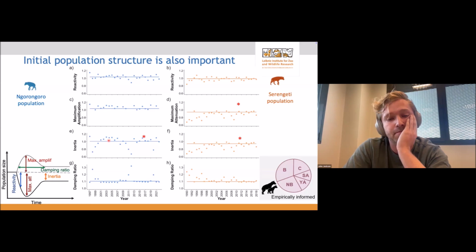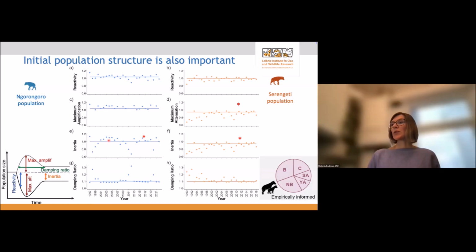Yeah, thanks for this question. That's a good question. Basically, and Ella discusses this in her manuscript, the most pronounced declines that we see align quite well with what is known about the disturbances that affected the two different populations, and they are different disturbances. Around 2010, 2011, there was a streptococcus infection in Ngorongoro, and that aligns quite well with the dips that you see.